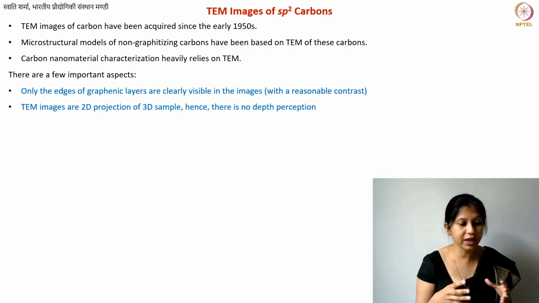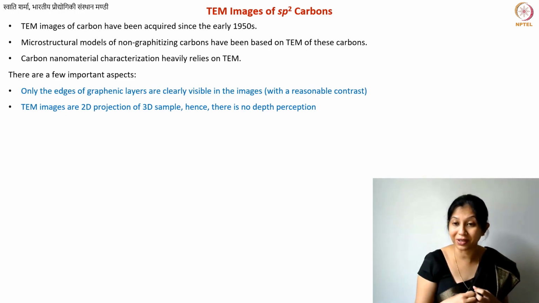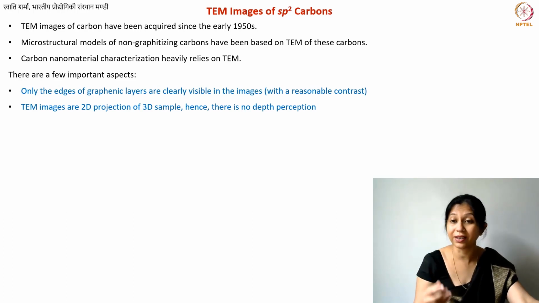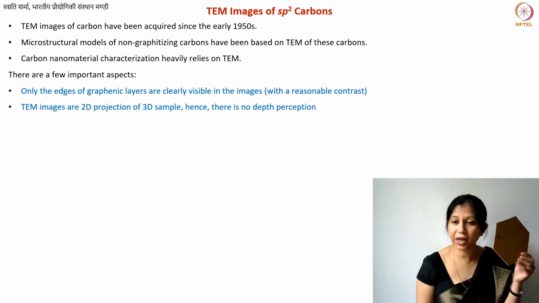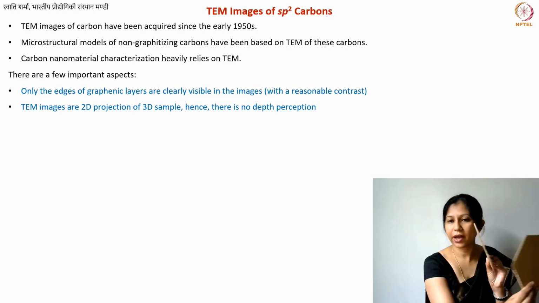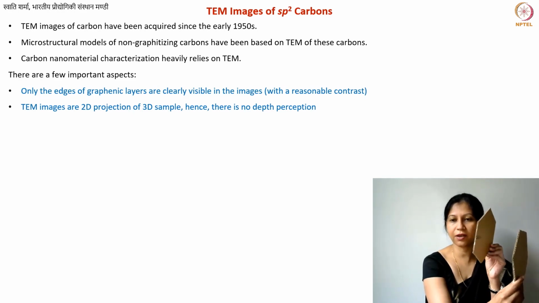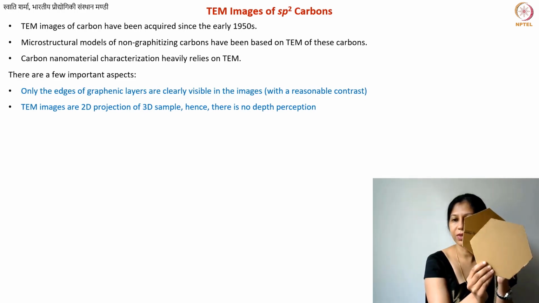Number two, the second one is not just valid for carbon but for everything. Transmission electron microscopy images are basically 2D projections of a 3D material, because your entire sample, which is your 20 nanometer or thinner sample, is in the focal length. So what will happen when there are two objects for which you cannot get a depth perception? So if I have this one sheet and this is my other sheet, maybe you can see this. So they are like this, they are far apart from each other, and if I rotate them, then they are like this. Okay, I hope this is clear.